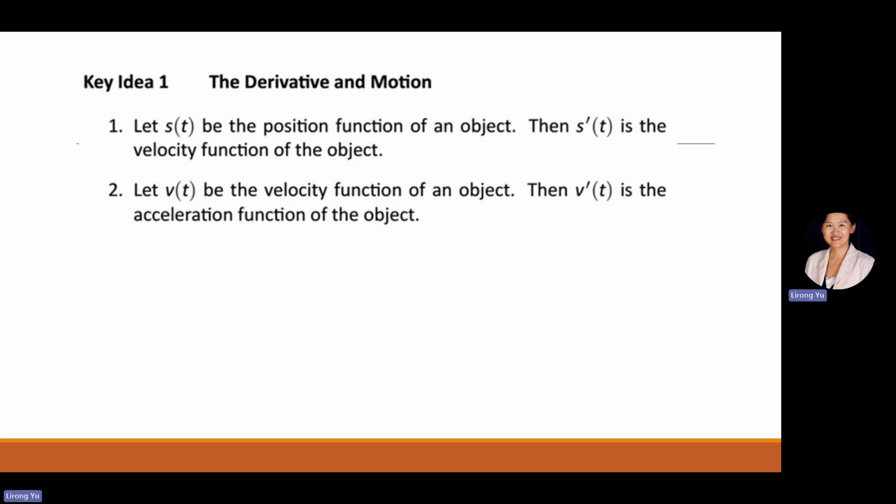And that's something we will mention again. And then if you find the derivative again, which is the derivative of the velocity function, that's really the second derivative of the position function. So you take the derivative, and you can take the derivative of the derivative, and that is called the acceleration function. In physics, we try to figure out the value of the acceleration by studying the force. Force is equal to acceleration multiplied by the mass, and that's something we study in physics. So then the actual physical motion can be connected to the quantity of the mass,